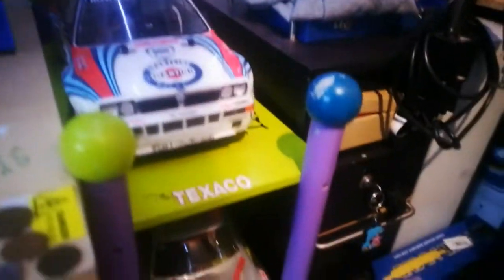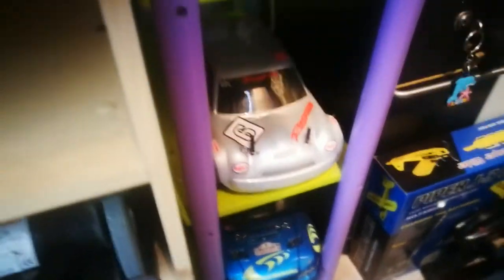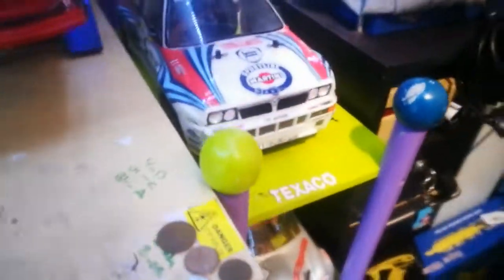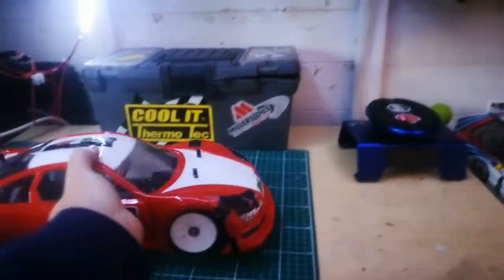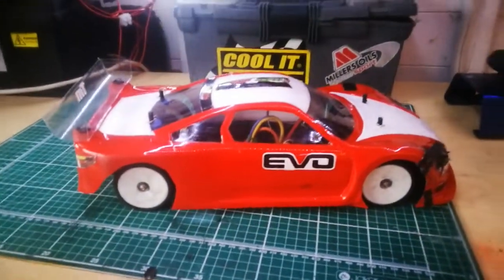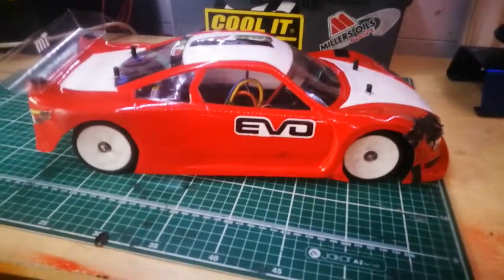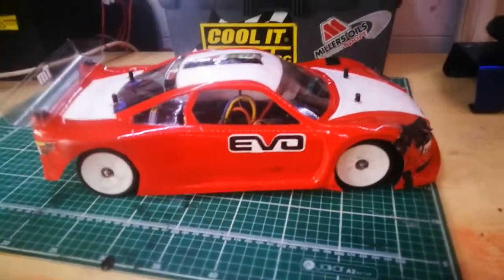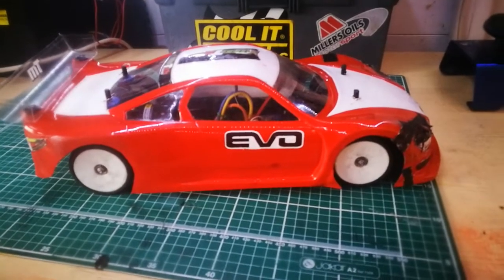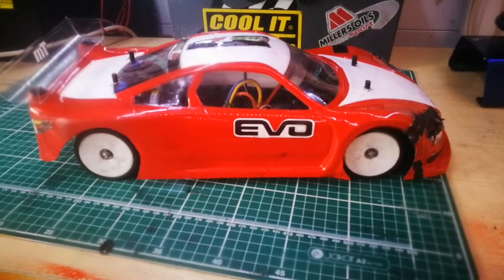My Lancia and the Subaru down there have had no use at all, no running time, and neither has the Dave Mini. The biggest thing we've been doing with RC recently is Zach's been touring car racing, and he started about 2 months ago. I said if he genuinely gets into it, we'll buy a decent touring car. He's currently running a